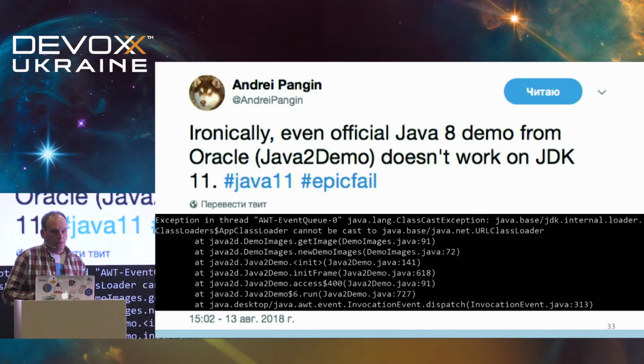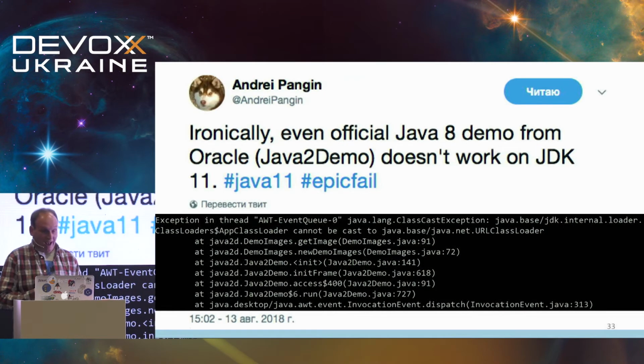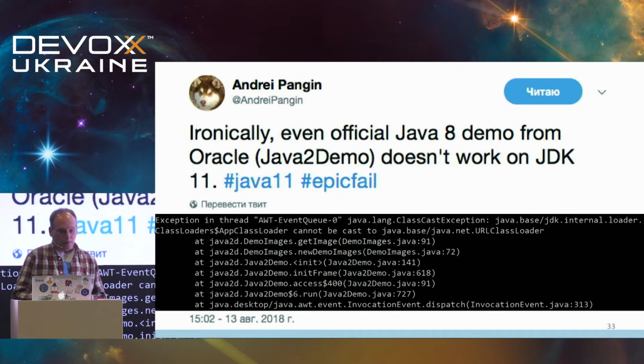And even the fact that the application class loader does not extend URLClassLoader anymore causes problems. Not so long ago, the creator of async-profiler, Andrei Pangin, tweeted: "Ironically, even the official Java 8 demo from Oracle, Java2Demo, does not work on JDK 11. And it's because some Java2Demo class tried to cast the application class loader to URLClassLoader."